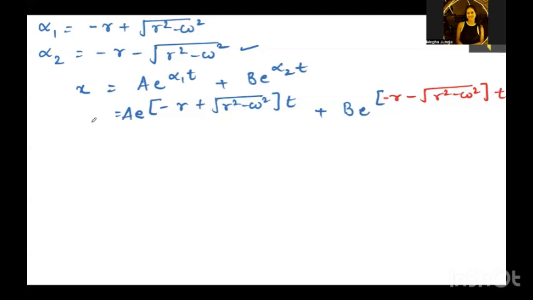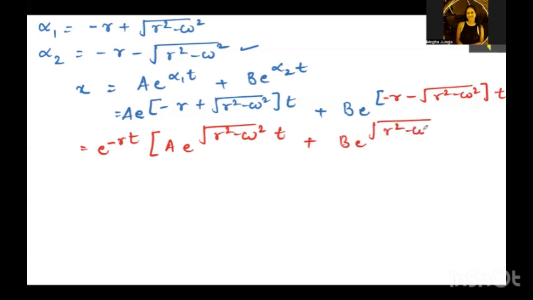Okay, so now from this we can take common e raised to the power minus r into t. That means we can say it will be a e raised to the power under root of r square minus omega square t plus b e raised to the power under root of r square minus omega square into t. But now here what do we have? We do have a negative sign. Okay, so now from here, we can also mention that it shows